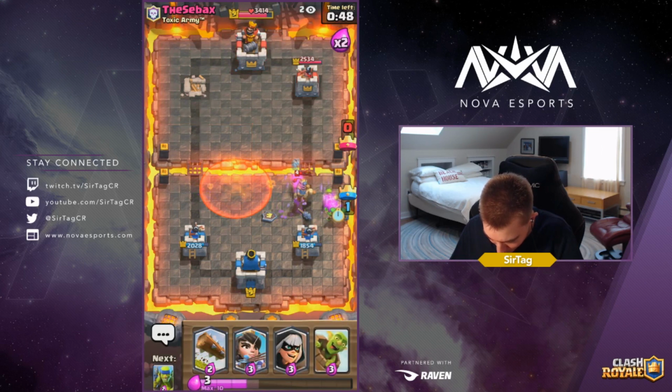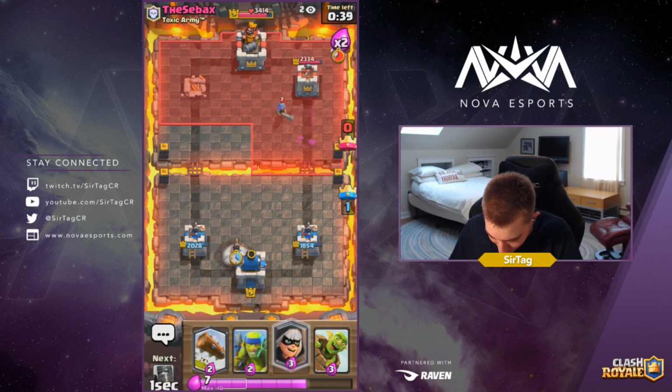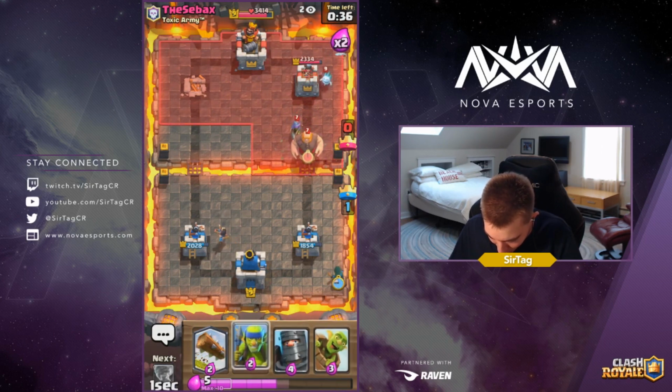He's going to go in for a prince. Prince isn't going to finish off our goblin gang in time. With 44 seconds remaining, I don't know what he can do left. We're going to go in for a princess. We're going to go in for a bandit. And we're going to try to make sure...